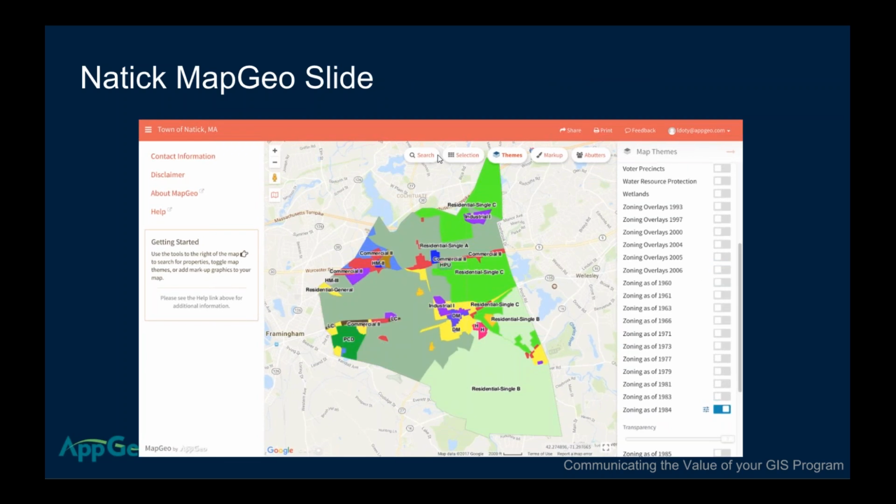So being able to put these layers on their MapGeo site, turn them off with the switch of a button, a single toggle, it really enabled the zoning and planning board to highlight areas of change and inform their decisions in creating their current zoning map. And I'll turn it back to David for another example.